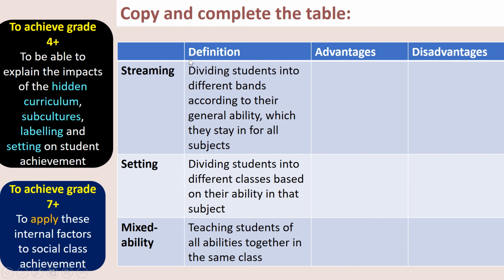Okay, you need to know these three key terms then. Streaming. That is when you divide students into different bands according to their ability, which they stay in for all subjects. Think about how at Nights we have X band and Y band. Whichever band you're in, that determines which class you go in, because that's how the timetable is constructed. X band and Y band have different lessons at different times. Now at Nights, X and Y is based on your option choices and whether you do a language and some other things. But in some schools, those streams are based on ability. They just divide all the high ability into one stream, maybe middle or lower ability into a different stream.